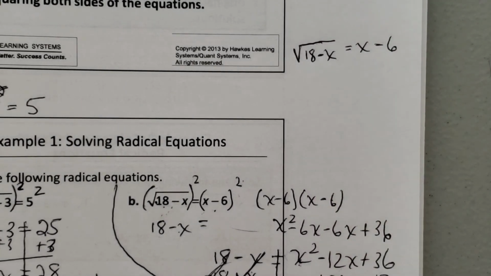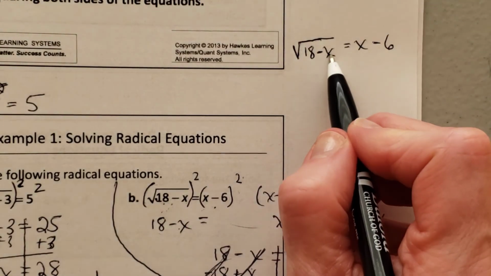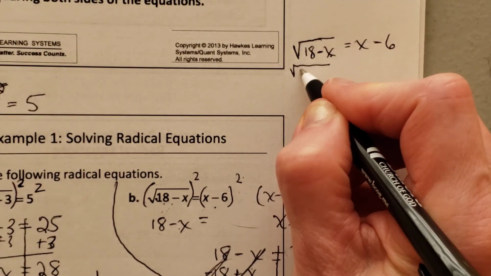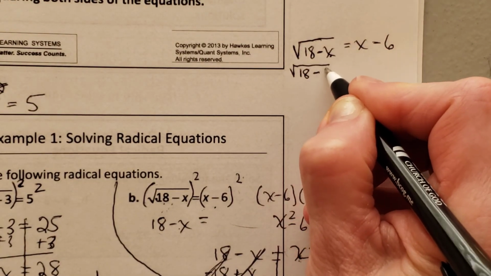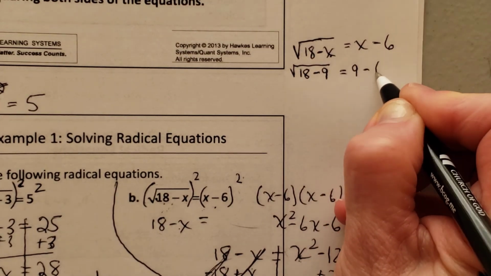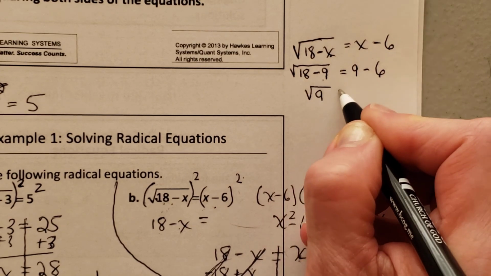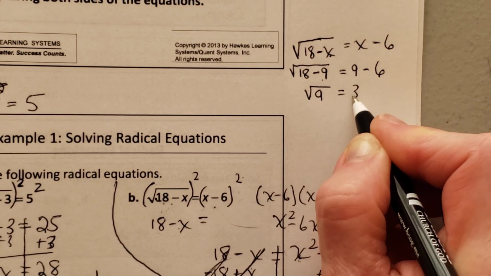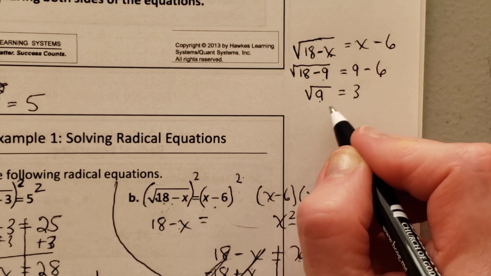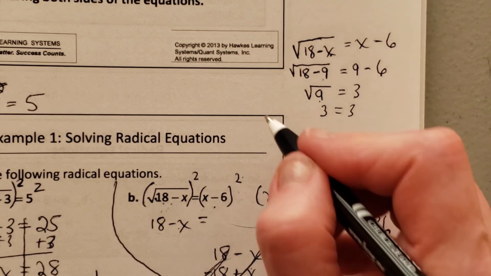There we go. So I'm going to use 9 first. I'm going to plug in 9 right here. So I have 18 minus 9 is equal to 9 minus 6. Well, 18 minus 9 is 9. 9 minus 6 is 3. Is the square root of 9 3? Yes, it is. So that tells me that when x equals 9,